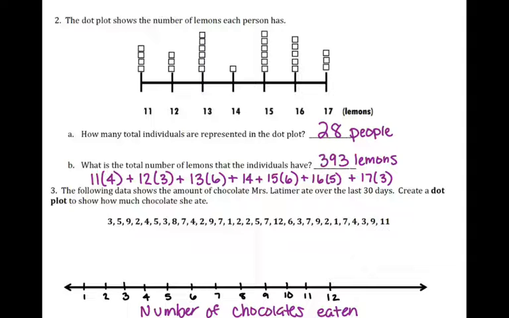So the first day she had 3 chocolates. Second day she had 5 chocolates. Third day she had 9 chocolates. I'm going to go ahead and cross off as I go. Then she had 2 chocolates, 4 chocolates, another set of 5, 3, 8, 7, 4. So just going through all these numbers and putting these dots in the right spots. Okay, and then she had 1, 2, and 2,